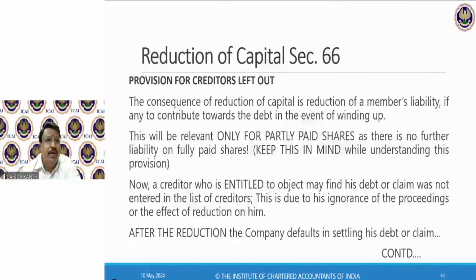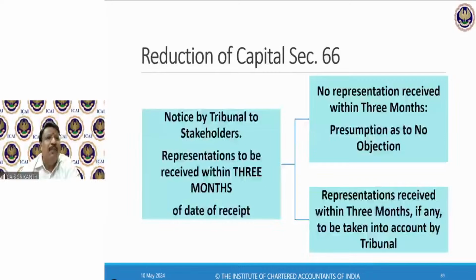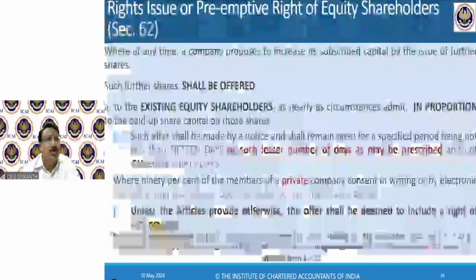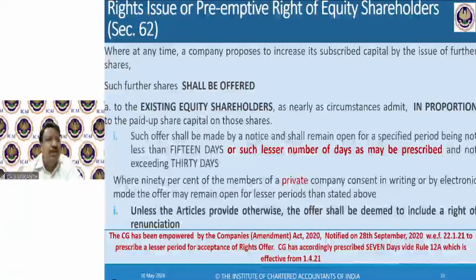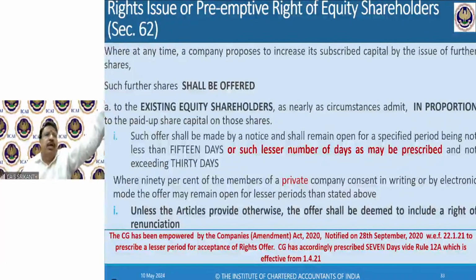So, what happens if a company wants to allot shares to others? Suppose I don't want to go for rights issue. So, section 62 says, whenever a company proposes to increase its subscribed capital by issue of further shares, such further shares shall be offered to the existing equity shareholders as nearly as circumstances admit in proportion to the paid up share capital on those shares. The offer should be made by a notice and should remain open for 15 days or such lesser number